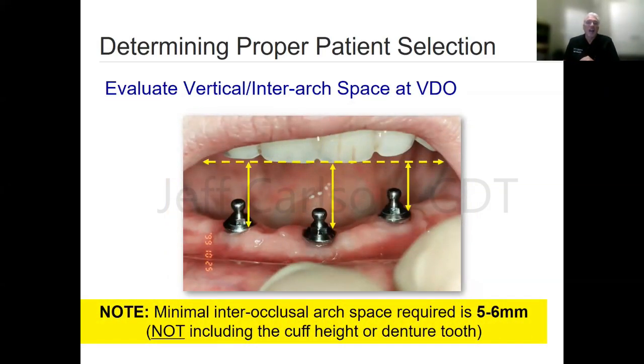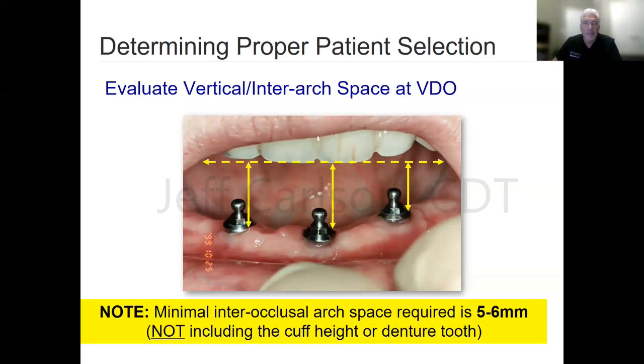Now, whether it's locator, ball abutments, or these freestanding abutments, there's a cuff height or a collar height to these abutments. And what you need to be aware of is that we need room, as we're talking about here, room for the inter-arch space, the patient's vertical. You need to evaluate their functional vertical dimension of occlusion. We have our natural dentition, or we're not into dentures, and we have a pretty well-established VDO. But when you put your teeth together, that is when you swallow and your teeth are together, that's your functional